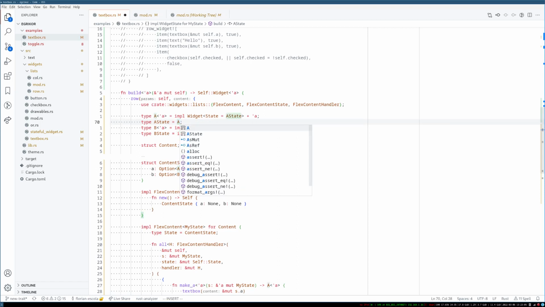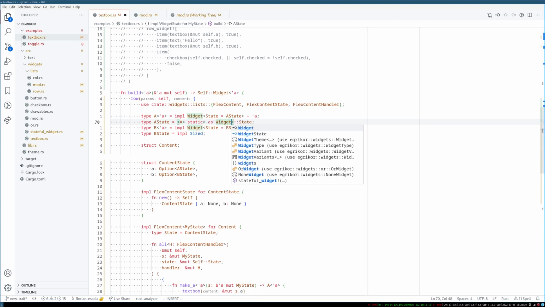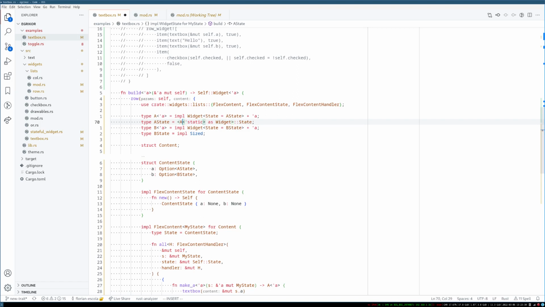Go a basically a state, but that doesn't work. So I was like maybe static because that's the only thing I can really specify. And yeah, that doesn't end up working out. I mean, I think you'd even have to do like as widget, but anyway, it doesn't like the lifetime here or something like that. I don't exactly recall what the issue is, but basically,